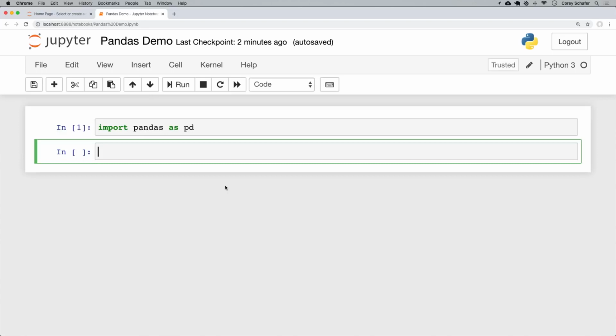Okay, so for the rest of this video, we'll see how to load in our data and look at some information about that data. Our data is in a CSV format. In order to read in that CSV, we can simply say df, which is going to stand for data frame. We'll learn all about data frames here in a bit. We're going to say df is equal to